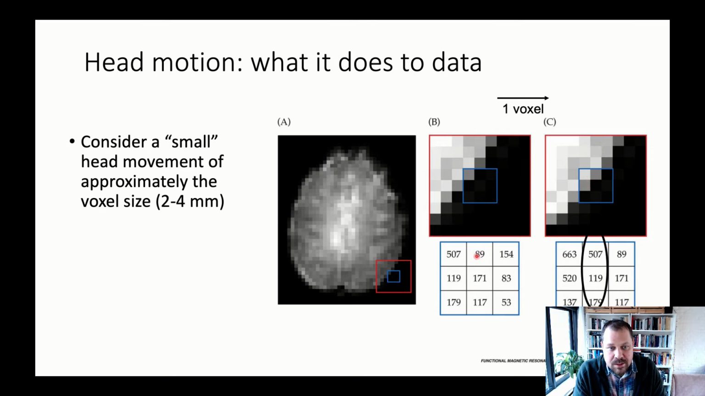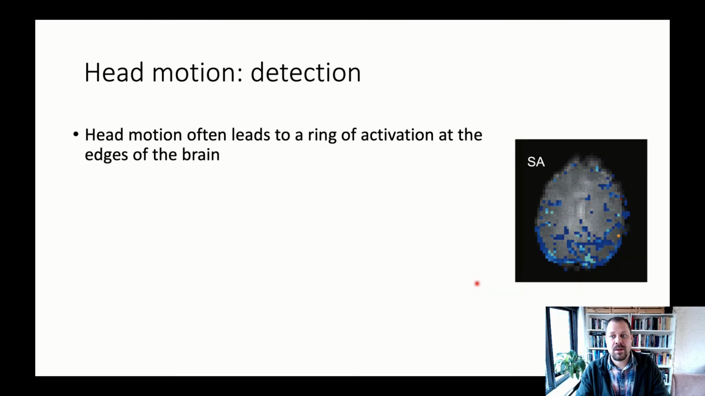That means that these values all of a sudden increase by, in this case, over 5 times the amount of signal that we have, and this will show up in the images, in the statistical images, as an increase in signal intensity, but it's only due to movement, and we don't want this. So a small head movement of approximately the voxel size, between 2 to 4 millimeters, leads to these large changes in signal intensity, and this is something we can actually pick up